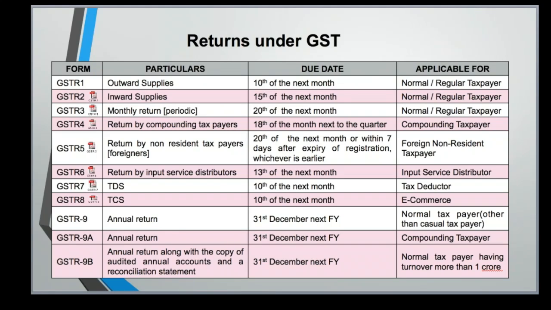Point is, can we modify the return at a later date? Can we modify the invoice also? I mean, if I have wrongly charged GST, but eventually I want to amend to IGST. So yes, it can be done. The IGST Act also gives you that provision that suppose you have treated a transaction as C plus S, but the ultimate liability should be I. Then you have to amend the same, but pay IGST again. C plus S what was paid, you will get a refund of the same. There is no interest provision also that you have to pay interest to the government again on the same. You can amend the same.